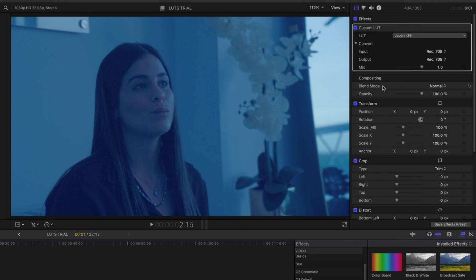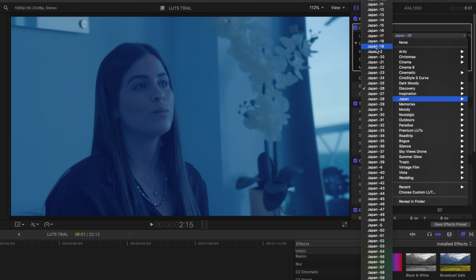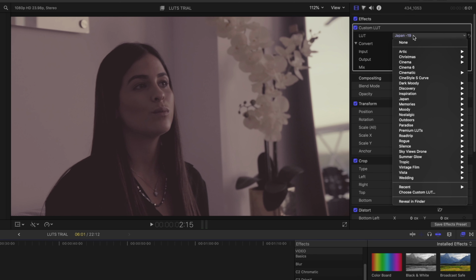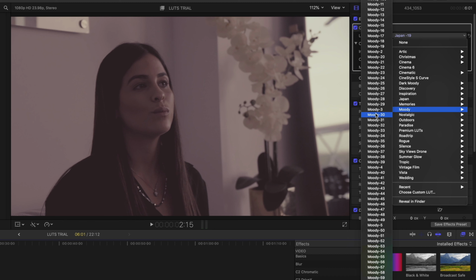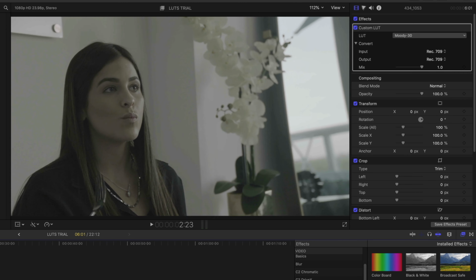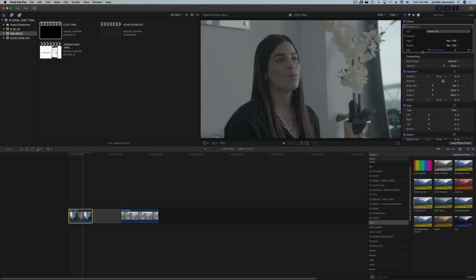Like this category is called Japan. And to me, I don't get it. But let me find one that I did think would work for this particular shot. Moody 30. And so once you apply the LUT in the custom LUT filter in Final Cut, there's nothing, no adjustments to be made except for the mix, which I'm not crazy about. So I'm just going to go on over to grabbing